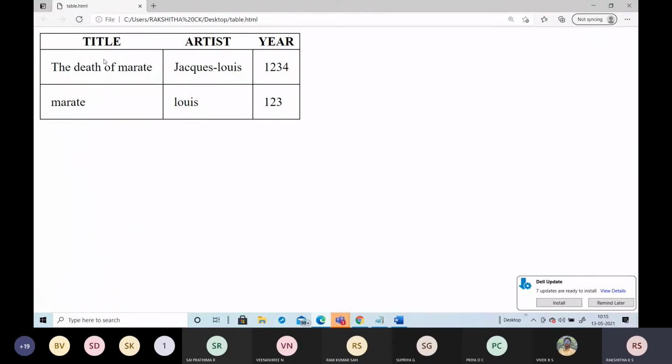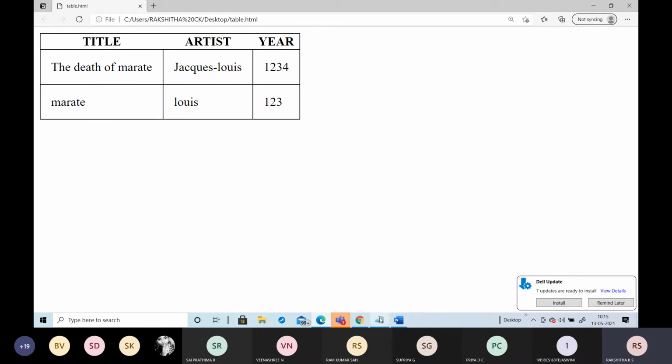See here, whatever the content is, it is the content, and above that it is in a box model. Looking at this box model, it contains a separate border, a separate padding and the margin. The content is present in the center. Above that is the padding, above that is the border, and above that is the margin.